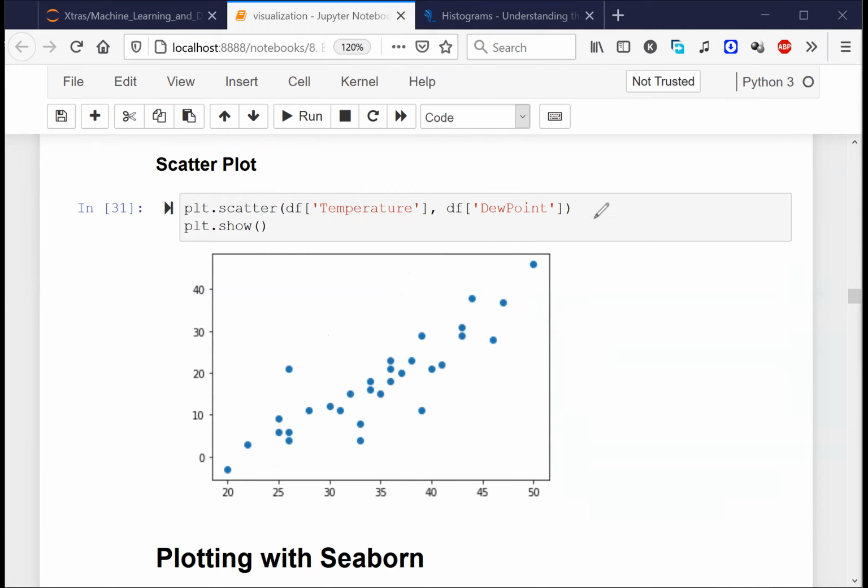I showed you earlier how to do all these things with pandas. Now I showed you how to do all these things with Matplotlib. Now I will show you how to do all these things with Seaborn. Seaborn is a more advanced library, and it is something that is going to be used everywhere. Yes, correct.